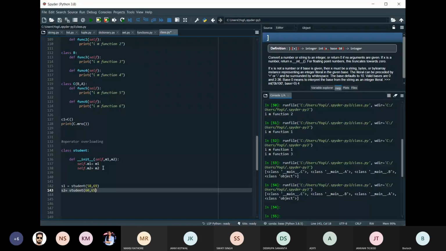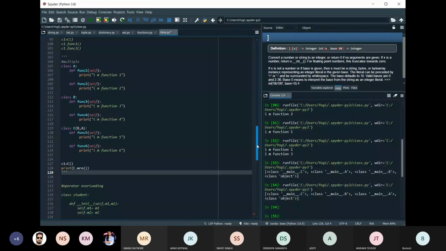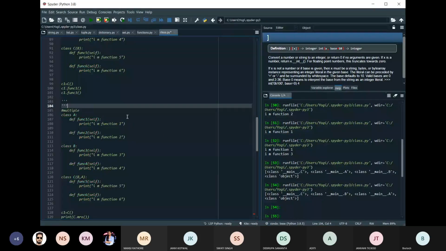Fine. Now suppose I just want to do a simple thing: s3 is equal to s1 plus s2. Right? See what happened in the output. First of all, let me put it all in comments. Operator overloading we are doing.